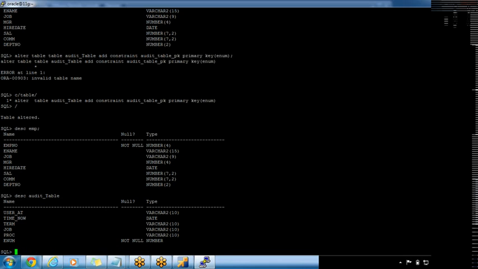So the first thing is that a primary key will uniquely identify each and every row in a table. The second thing is that a primary key cannot hold null values. For example, if I want to insert a row into the table,